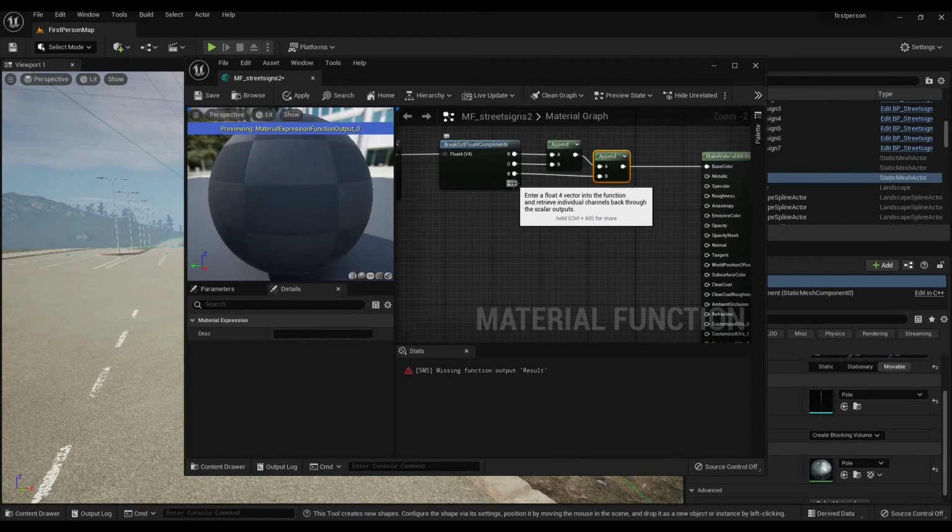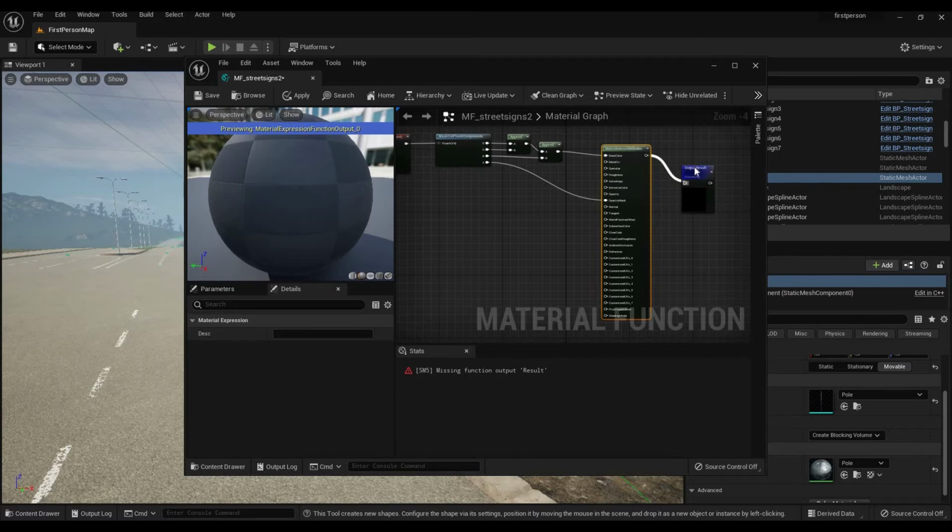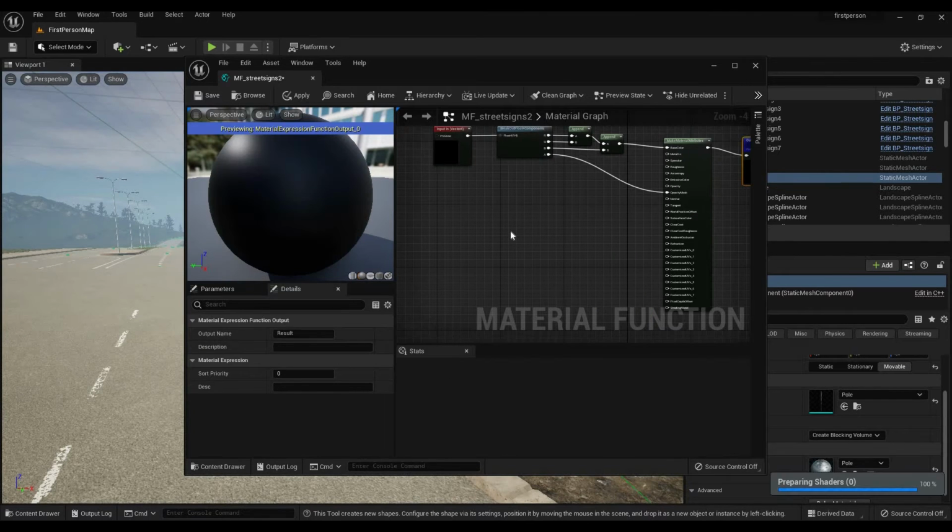And we also still have alpha. And this alpha we're gonna plug into the opacity mask. So we're gonna tell the program wherever the PNG image is transparent, it's also gonna be rendered as transparent. So now we already have our masks automated, but we still want to make the street signs feel a little